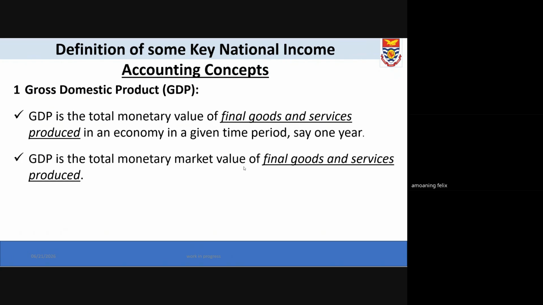So let's assume that we can produce wheat. We can use wheat to produce flour, and we can use flour to produce bread. So when I buy wheat, and I'm not going to consume it, I buy the wheat with the intention of not consuming it, but so that I can produce flour. I hope you get it. So I buy the flour, not to consume the flour, but